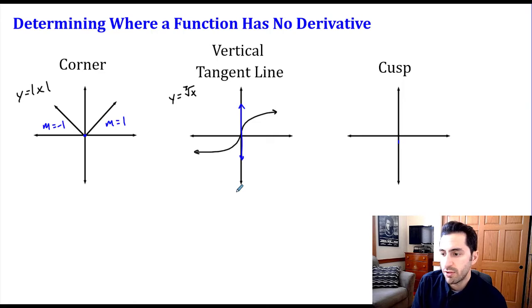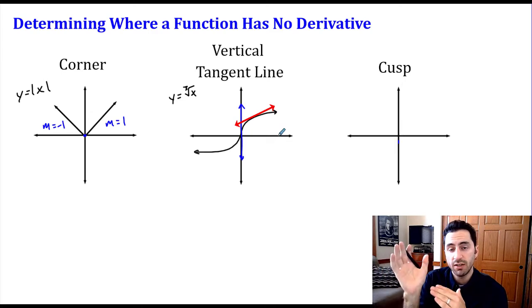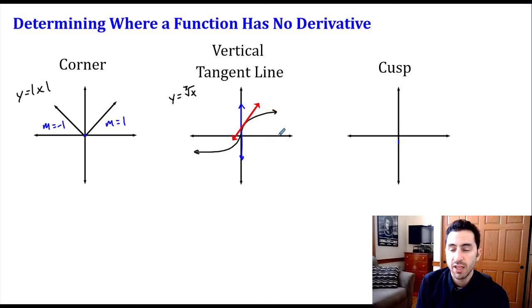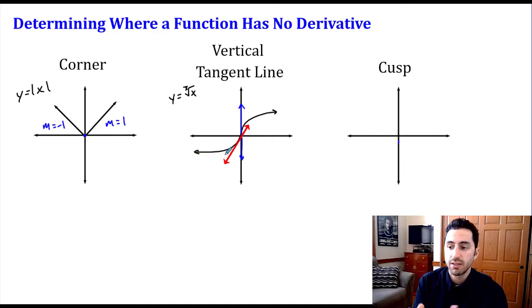So if you can imagine, as I come from the right-hand side, if I start farther away from 0, my tangent line is pretty flat. But as I approach 0, that tangent line is getting steeper and steeper. And as I get really close to 0, the slope of that tangent line is going to increase without bound. Now the same thing happens as I come from the left-hand side. So it starts off relatively flat, and then as we move closer to 0, the slope is increasing,